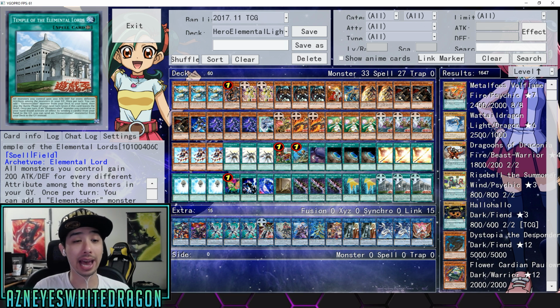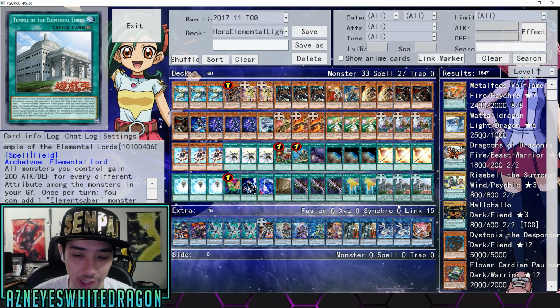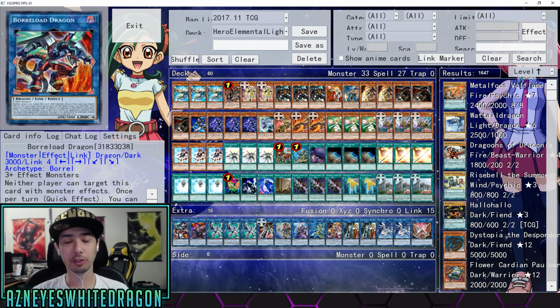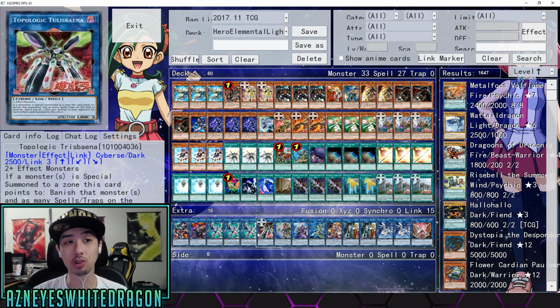But yeah, it lets you just add an Element Saber monster from your deck to your hand, and that's obviously pretty good because you can just go for whatever you want to go for when other cards search out the other cards anyways. It's a really good card. Anyways, next up for the extra deck, we're wanting 1 Borealo Dragon, 1 Scoldy, 3 Firewall Dragon, 1 Topolopic, Trisbania,